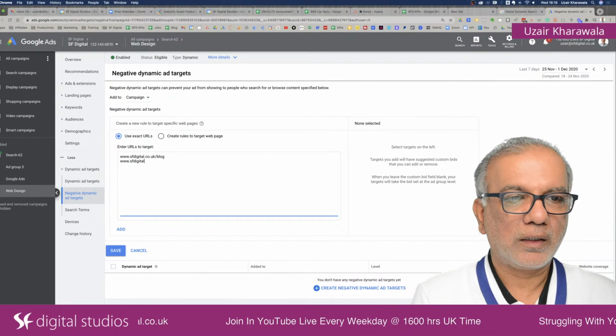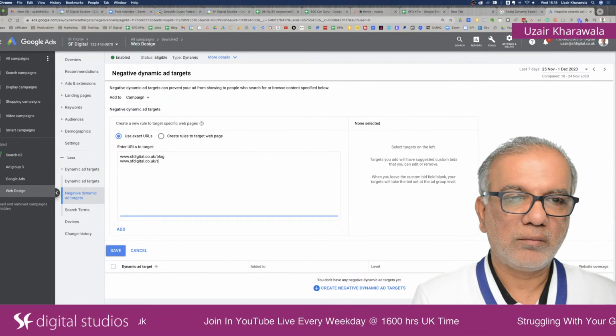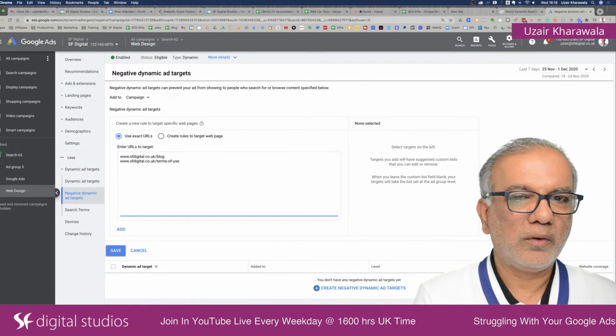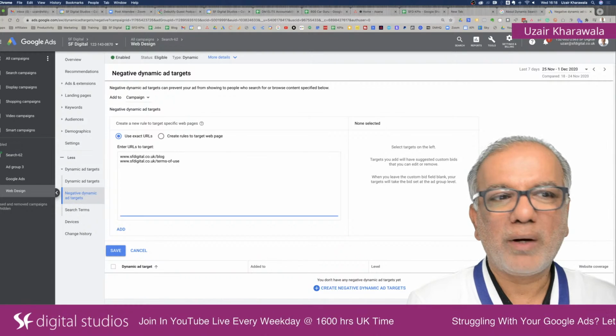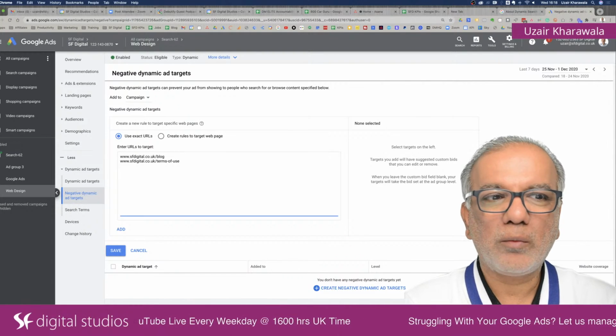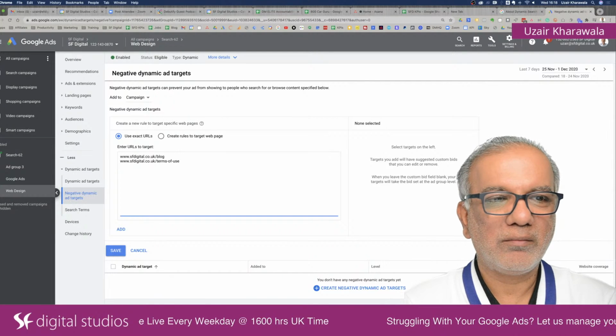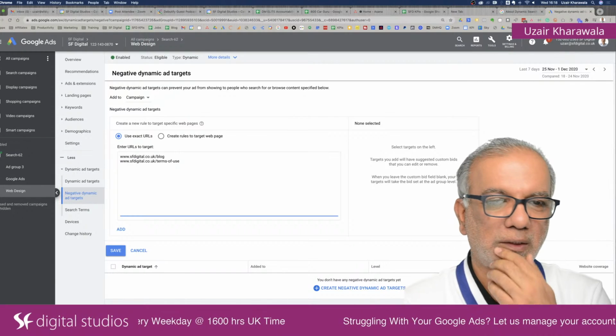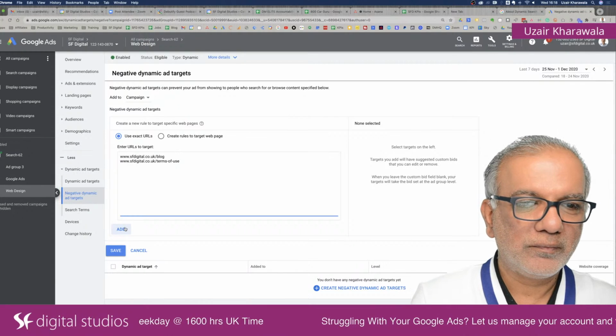I can negate terms of use or all of these non lead generating or e-commerce pages, where contact page, blog page, terms of use, privacy policy, and all of these, take them out.